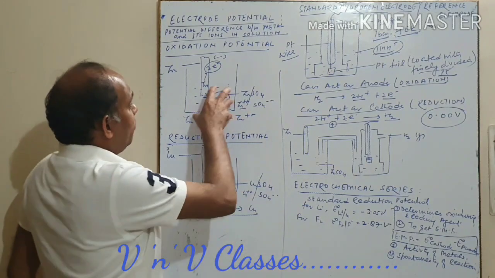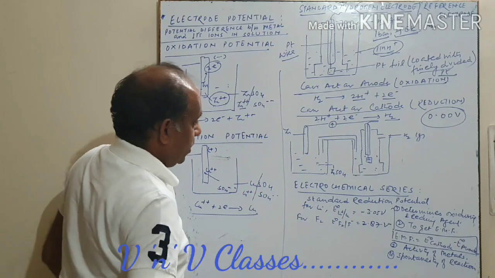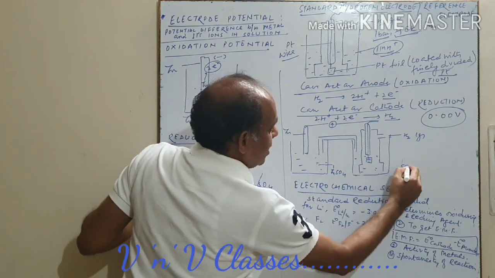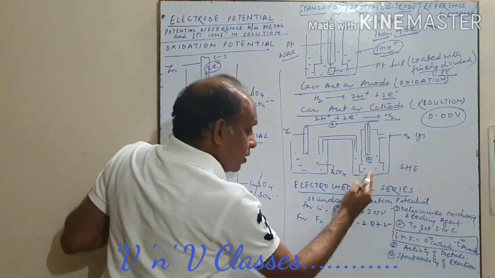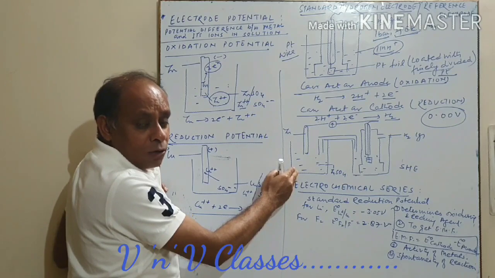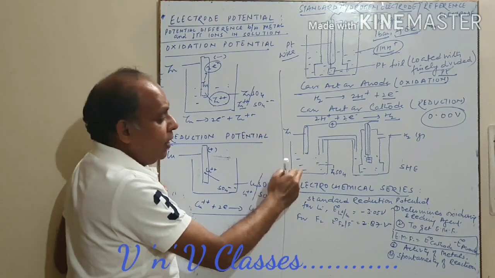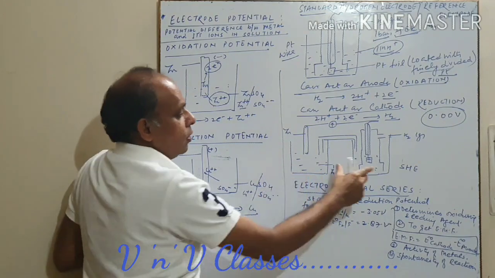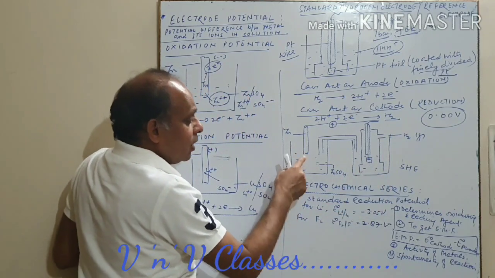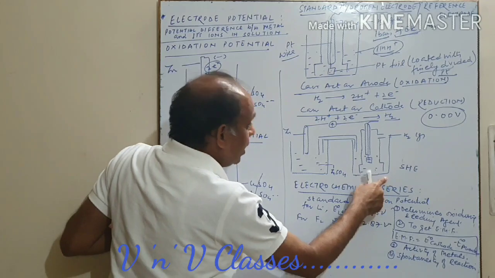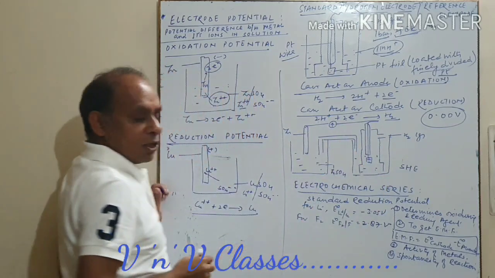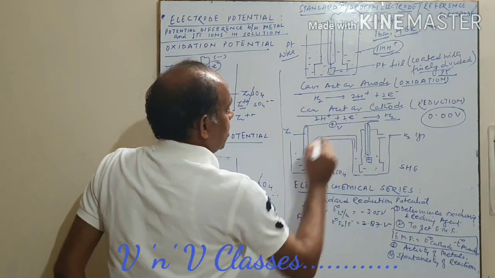Now, suppose we want to find the electrode potential of zinc and copper. So what do we do? We have to use this SHE, and with this SHE, the other electrode, the metal electrode whose potential is to be calculated, is to be attached. Like this is the SHE, and we have to find the electrode potential of zinc. It is connected with the SHE through a wire, and the two solutions are connected with a salt bridge. Now here we place the voltmeter.